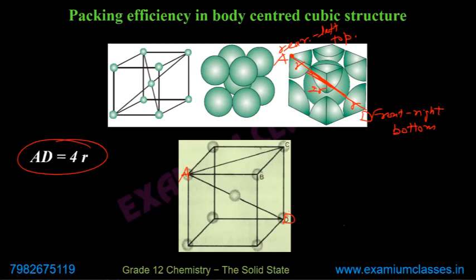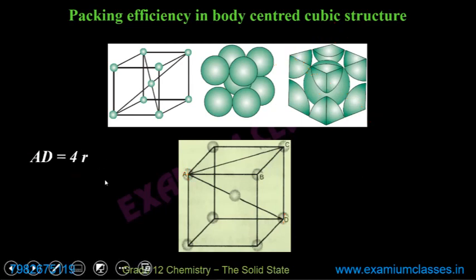If you can visualize up to here, then I can move forward. Yes, Shashwat. Yes, sir. Okay. Now, how can you get AD in terms of edge length? For this AD, you can apply Pythagoras theorem between AC and CD. CD you know is a. AC you can get from Pythagoras theorem on this 90-degree angle. It will be a root 2.